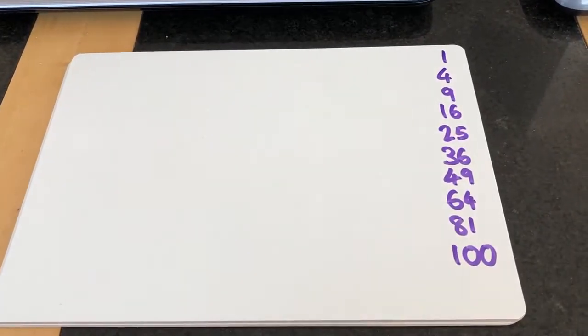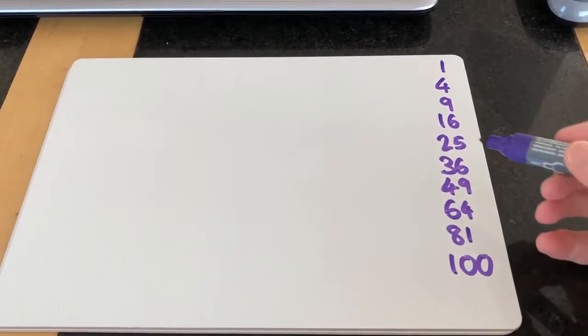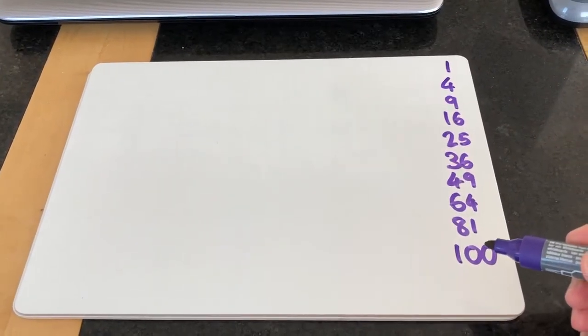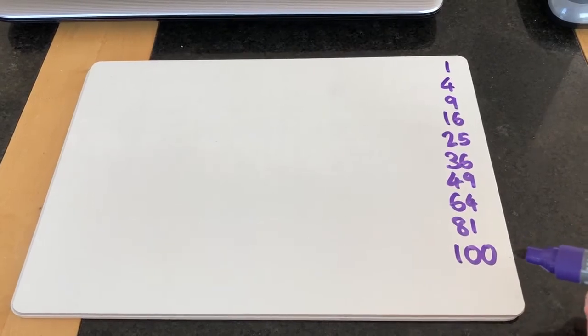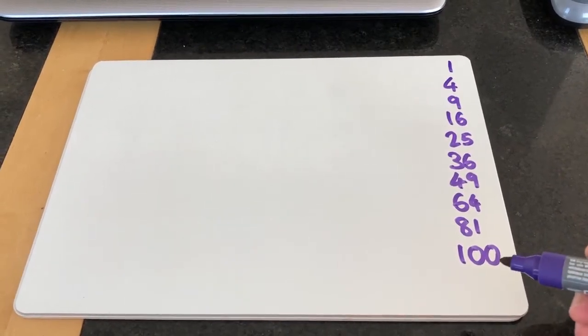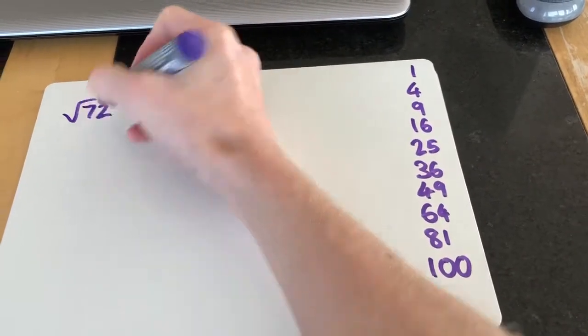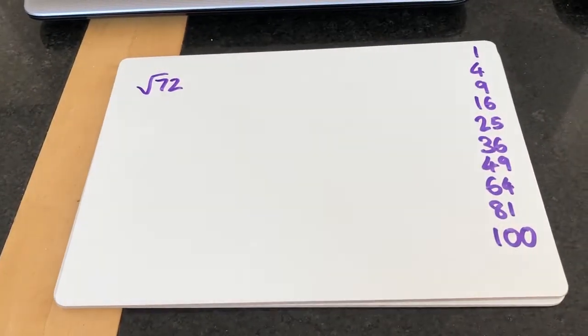Okay, simplifying surds. So first thing you need to know is your square numbers. So you need to make sure you know all of those. You're then looking to find the biggest square number that goes into a surd. So for instance, if you look at something like root 72,